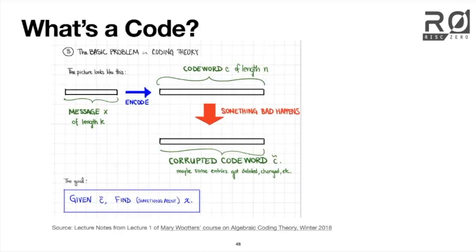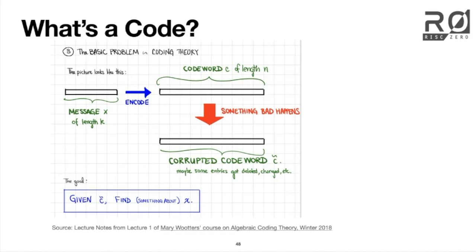So let's get to Ash's question of what do we mean by a code and a code word. Mary Wooters, who's a professor at Stanford, has a fantastic course on algebraic coding theory. If you want to dive deeper into learning about Reed-Solomon codes and the associated bounds and those topics, I highly recommend this course. There's a YouTube channel, there's problem sets, there's lecture notes. It's great. I chose a few choice slides from that